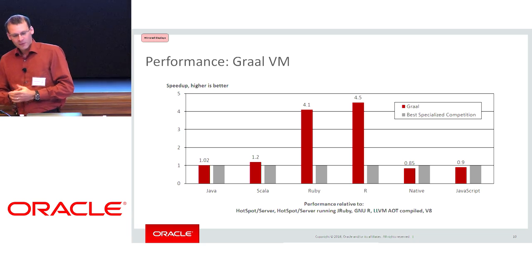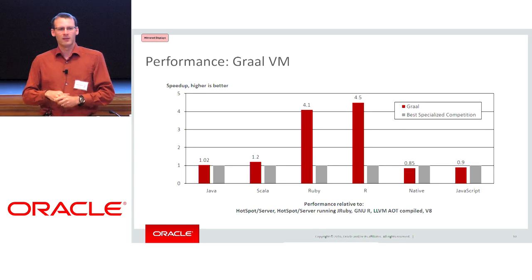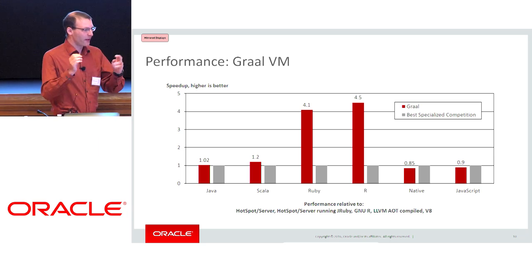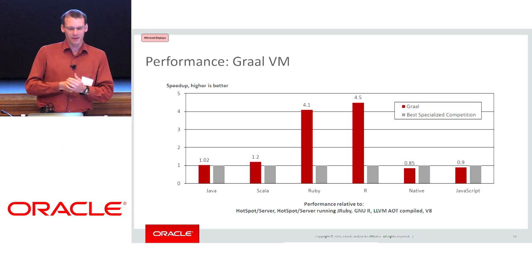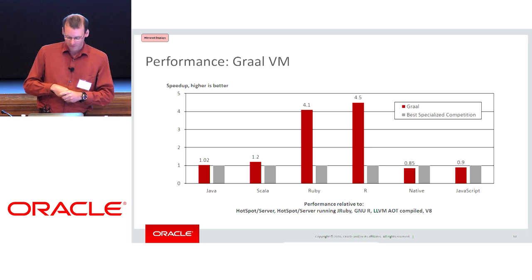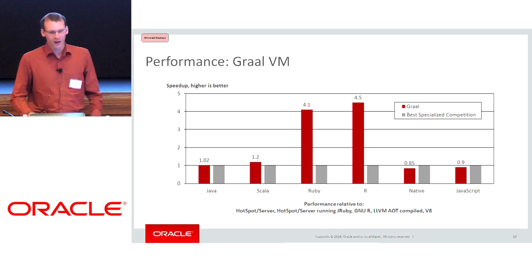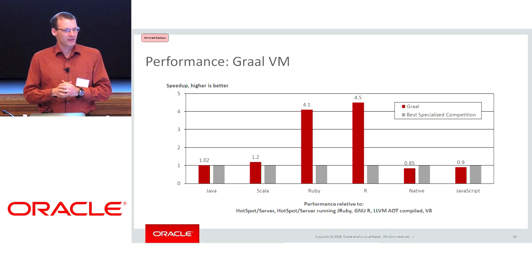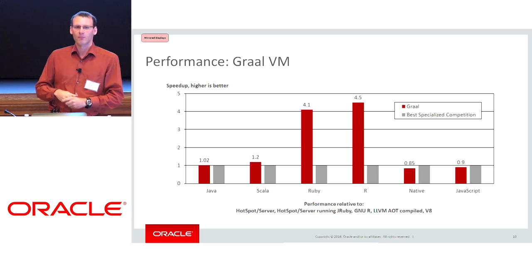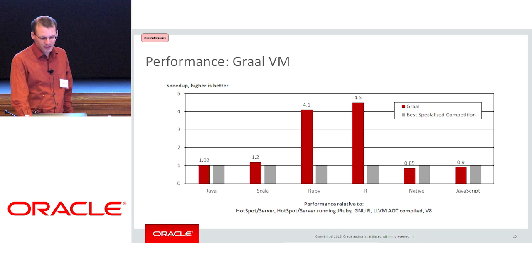Interestingly, if you run C code or Fortran code on top of the Truffle infrastructure on the Java Hotspot VM, you get about 85% of the performance that you get with highly optimized static binaries coming from GCC or LLVM. And for JavaScript, of course, the comparison is with V8, so the bar is much higher, but we also reach more or less the peak performance of highly optimized JavaScript runtimes.